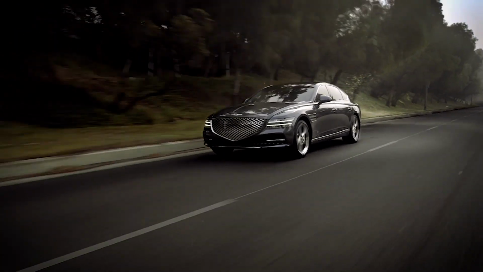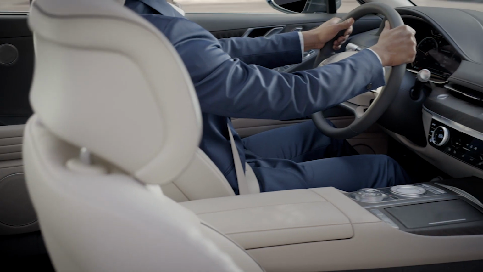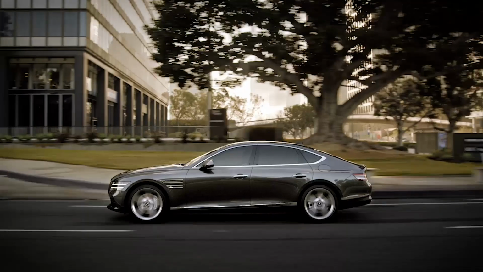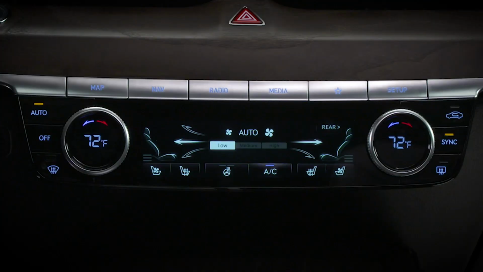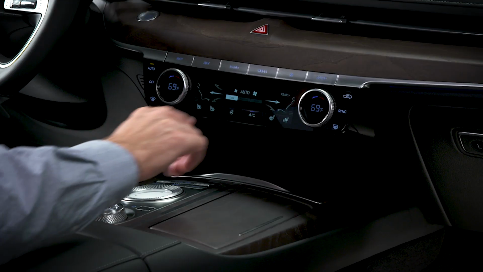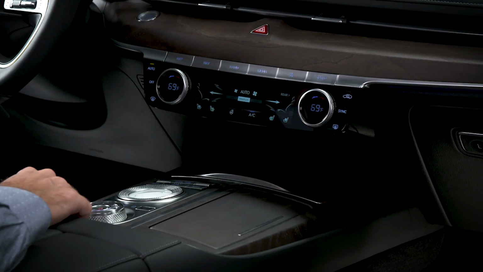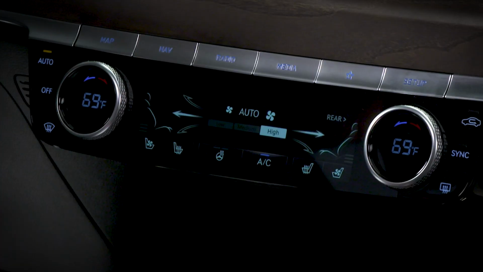When in auto mode, the climate control system will automatically work as quickly as possible to bring the vehicle temperature to the desired setting. But sometimes you may wish to change the fan speed while still keeping the climate control system in auto mode. You can do this on the touchscreen by selecting high, medium, or low. Doing so will change the automatic maximum fan speed between high, medium, and low settings.